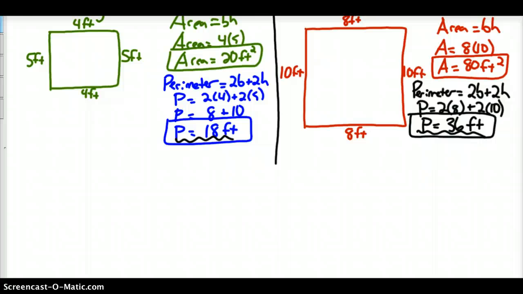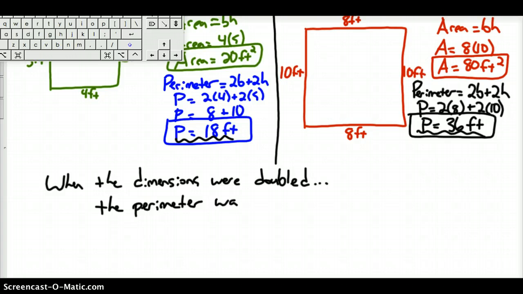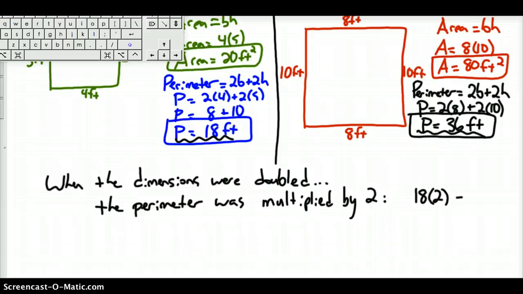So I'll say when the dimensions were doubled, the perimeter was multiplied by 2, or also doubled, because 18 times 2 is equal to